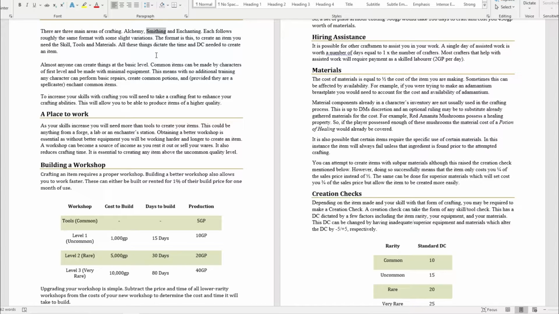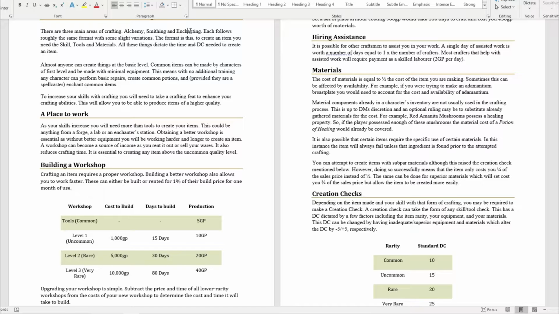At smithing, a basic character, a level 1 character, will know how to make some basic light armor and some simple weapons. They can then take a feat, and now they can craft medium armor, they can craft shields, they can craft martial weapons, and that sort of thing. Then they can take another feat, and at that point they are able to make heavy armor, the more advanced, difficult stuff. There are basically these skill gates that they need to pass through